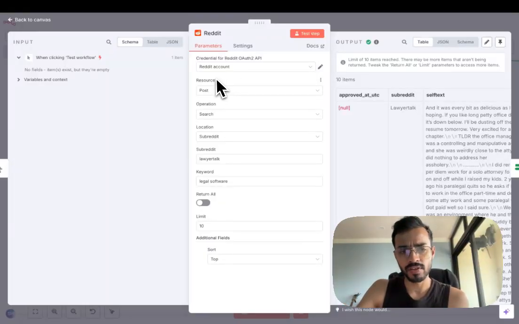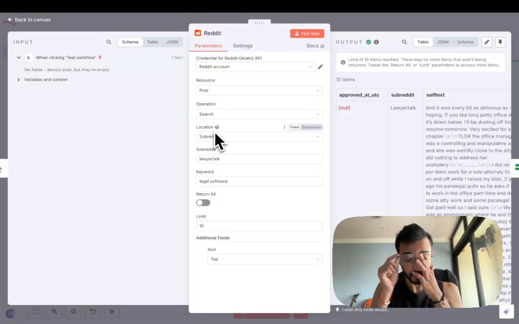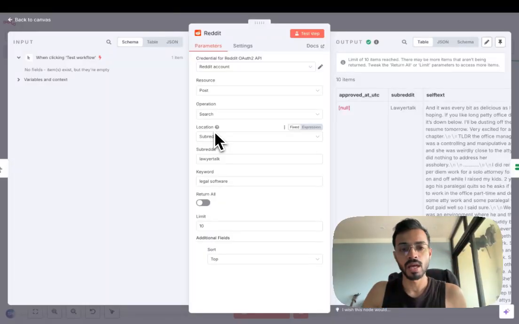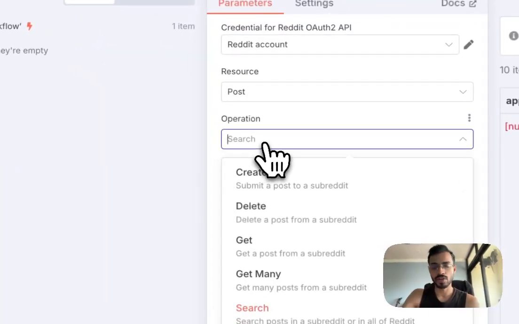And then you have these three themes here: resource, operation, and location. So what does this mean? It means that I'm going to perform a search on posts across a particular subreddit, right? You can see here that across operations, I've got tons of operations.